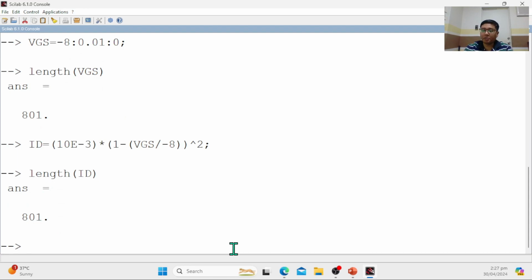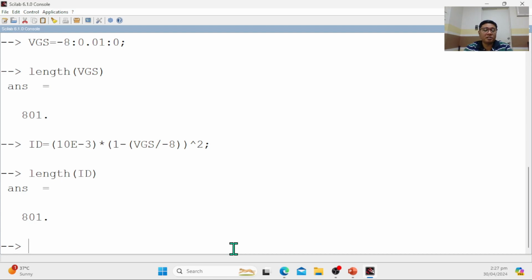Next, we're going to plot ID and VGS. We have the command plot XY. Our x-axis is VGS and our y-axis is ID, which means that ID, or the drain current, is dependent on the value of VGS. FETs are voltage control devices.